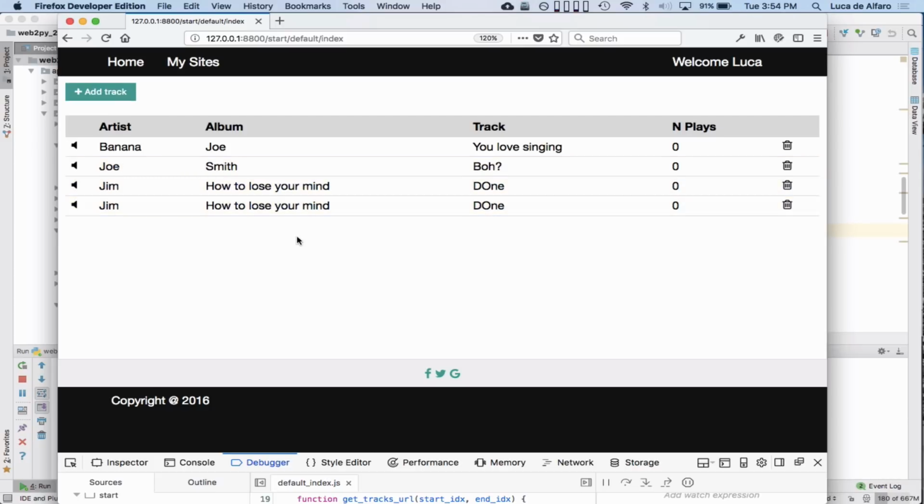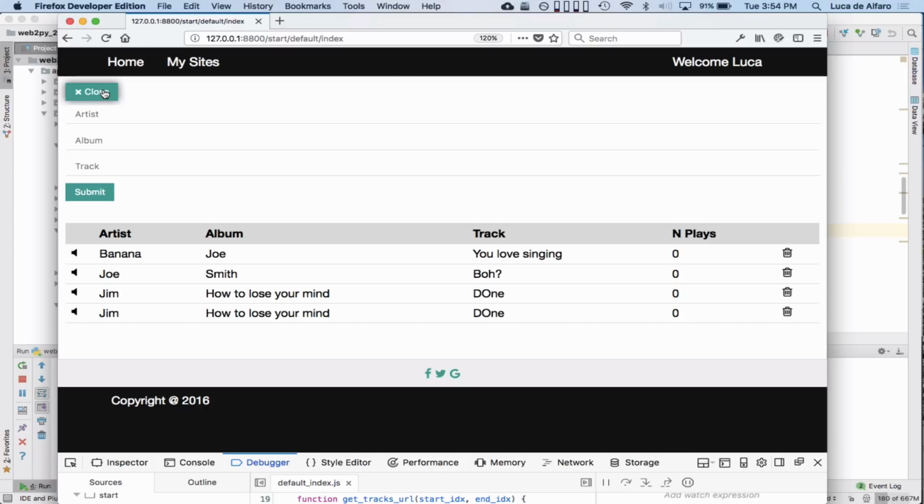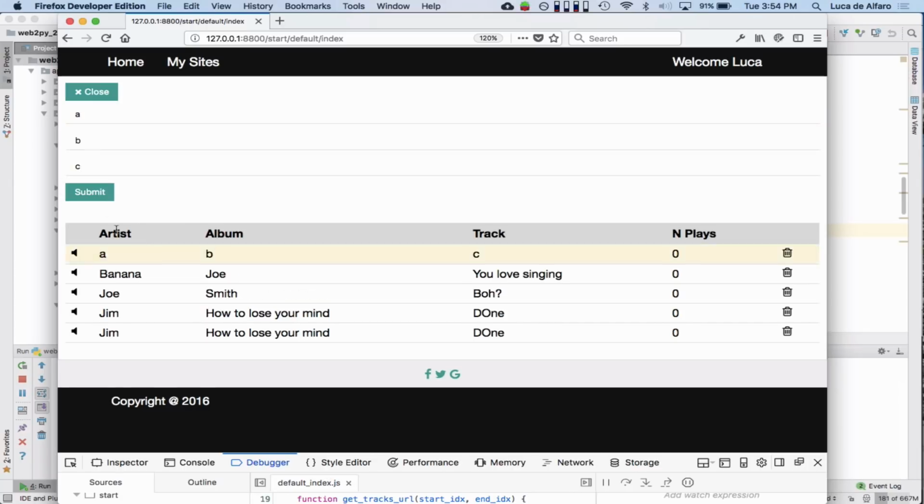Now, if I add a track, I can say, I don't know, A, B, C. I can submit, and this adds the track and doesn't clear here. So I can do a couple of things now. One is that I can teach you how to clear the error, which I probably should do, and is quite